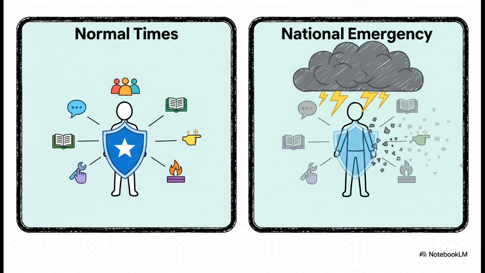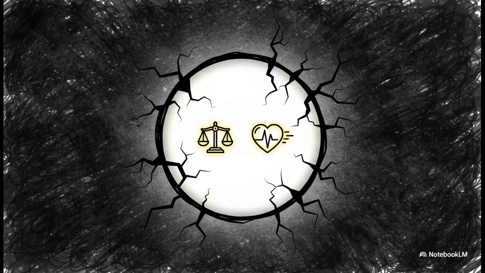During a declared national emergency, the game changes. The state gets a lot of extraordinary powers. And when that happens, those 6 freedoms we talked about under Article 19, like freedom of speech and assembly, get automatically suspended. But, and this is probably the most important but in the entire Constitution, even in the darkest of times, even during the most serious national crisis, 2 rights can never, ever be taken away. That's Article 20, which protects you from unfair prosecution, and of course, Article 21, your right to life and personal liberty. That part of the shield is truly unbreakable.